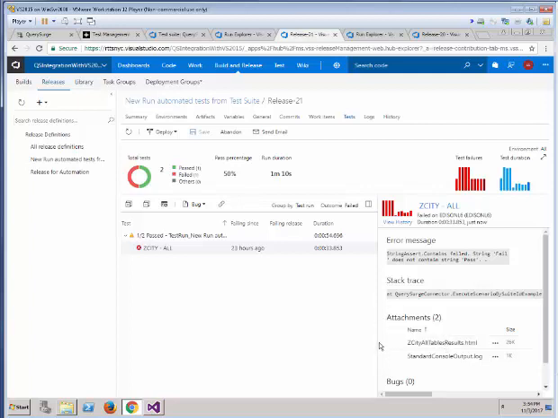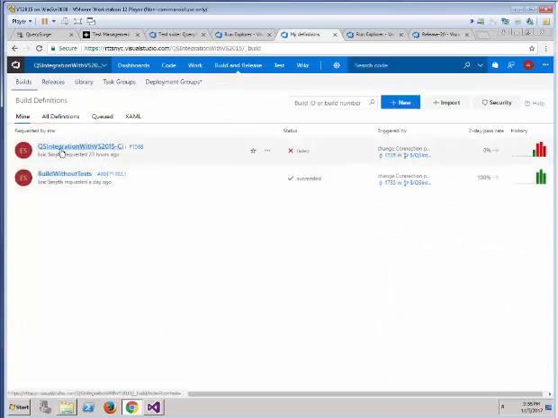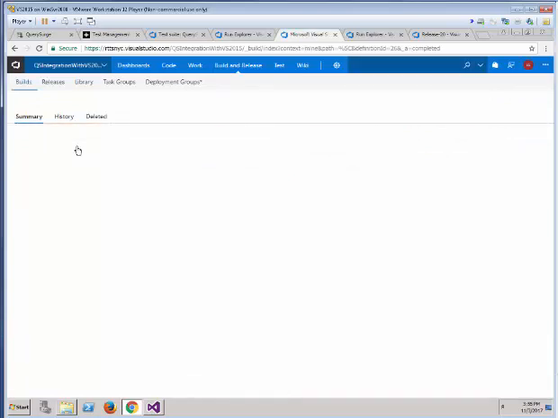So this is how the execution can be done if you want to use the test plan section of Visual Studio Team Services. The other way to execute QuerySurge is to execute it as part of a build. So if I go into the build section, you'll see I have this specific build called QS integration with Visual Studio 25 for continuous integration. So if I click on that build